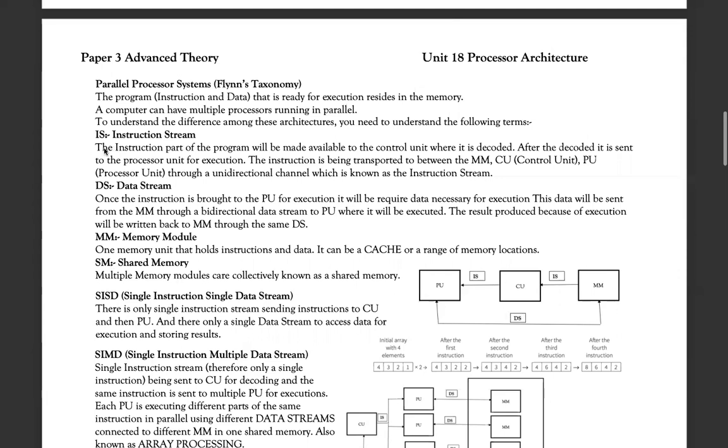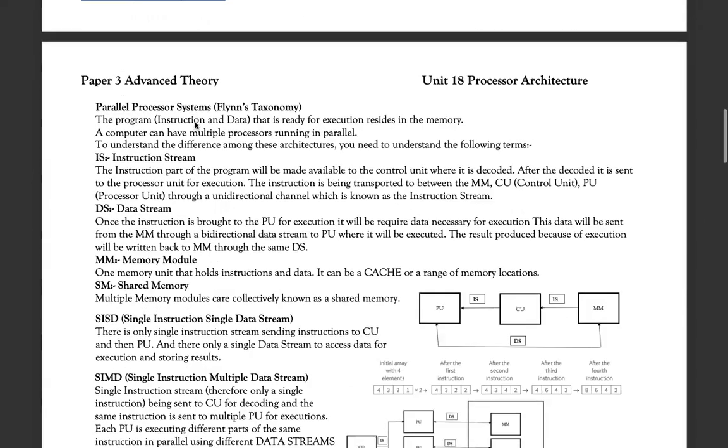Now, first of all, let's try to understand what's happening here. Each instruction is divided into two parts, the actual opcode and the data that it's using. We are familiar with this, discussed many times before. We also know that the instruction part, or the opcode part, is fed to the control unit, and the data is later used by the accumulator registers, which are linked with the arithmetic and logic unit. Basically, the program is already in the memory, and it is ready for execution.